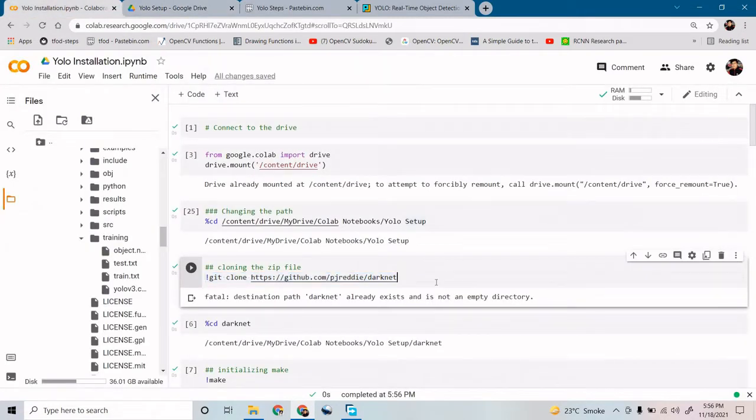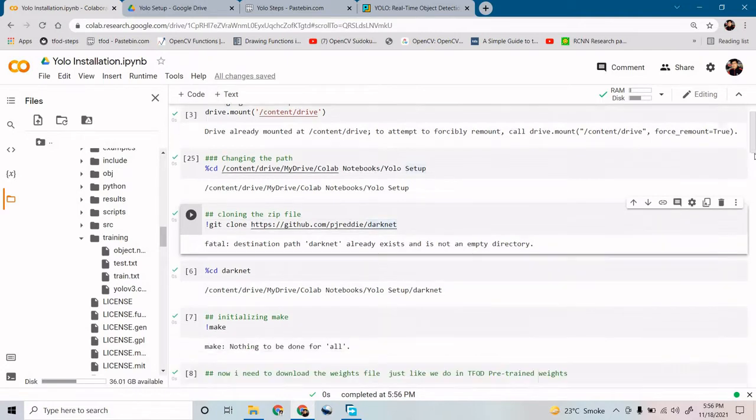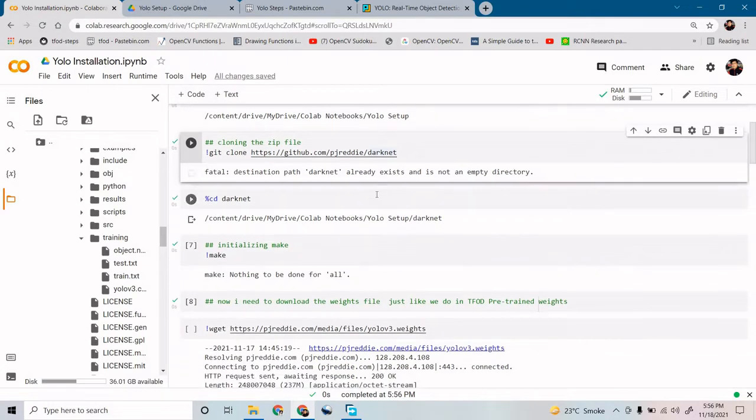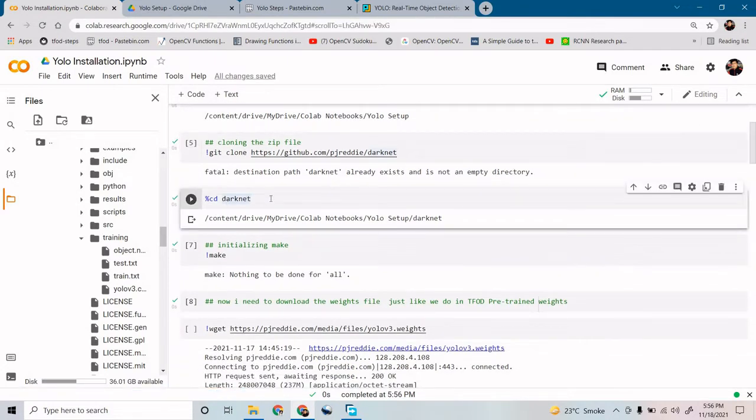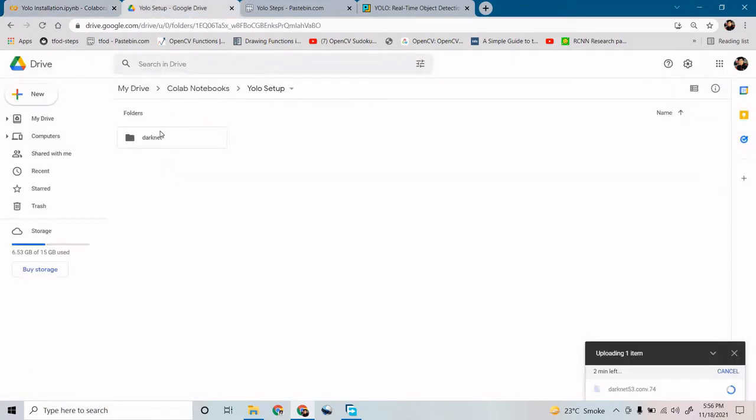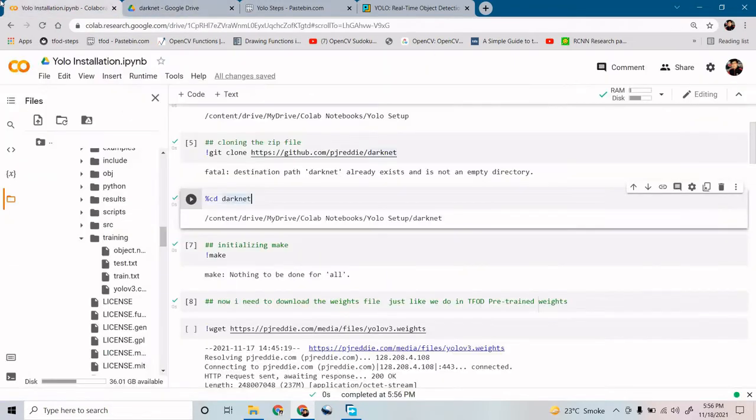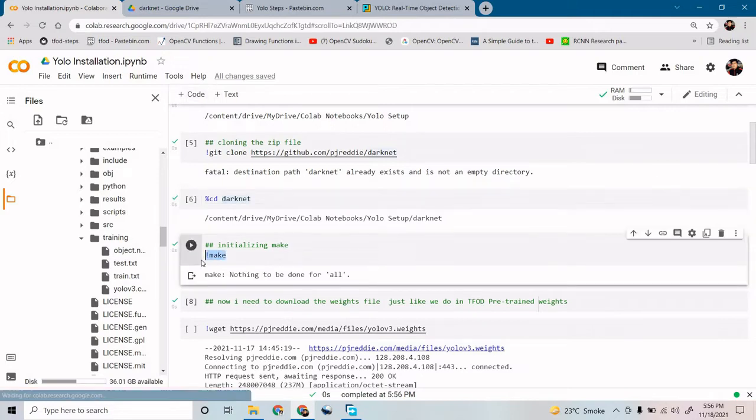Now go inside Darknet, because you need to work inside it. With the help of the cd command, I can go inside my Darknet. Now you need to initialize your Darknet, your YOLO architecture. So you can put an exclamation mark and make.